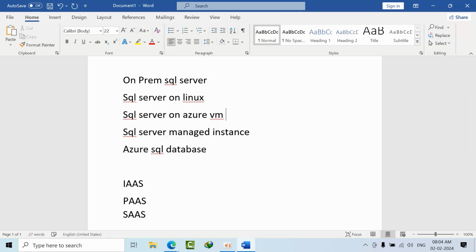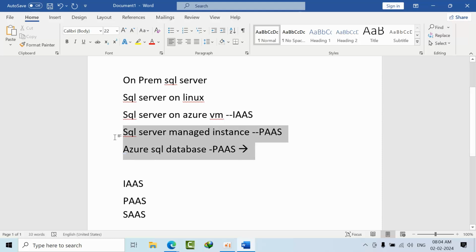Now here we have three servers. SQL Server on Azure VM comes under IaaS. SQL Server Managed Instance comes under PaaS. Azure SQL database also comes under PaaS. But even though SQL Server Managed Instance and Azure SQL database are PaaS, it is very similar to the SaaS service.